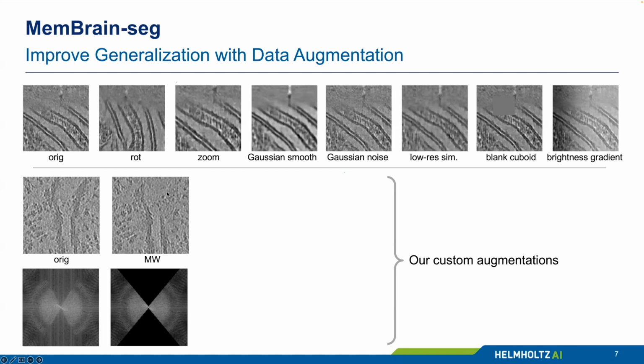So you can see this membrane here that you can see in the left patch. It's pretty much disappearing after this transform. But we still have the ground truth from the original patch, so we know where the membrane should be, and we try to force the network to still predict the segmentation in these cases. So the intention behind that is to make the network learn how to overcome the effects of the missing wedge.